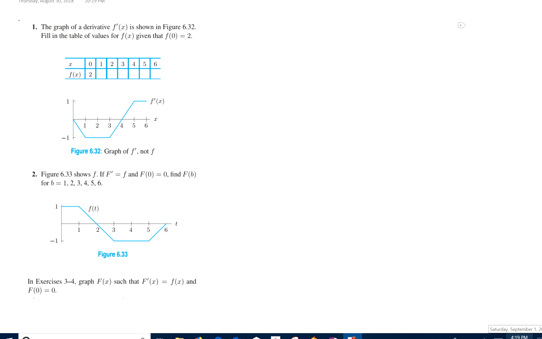Okay, here we are on the Chapter 6 review, Problem 1. Okay, I'm going to remind you of something here. I'm going to remind you that the integral from a to b of f of x dx equals capital F of b minus capital F of a, where capital F is an